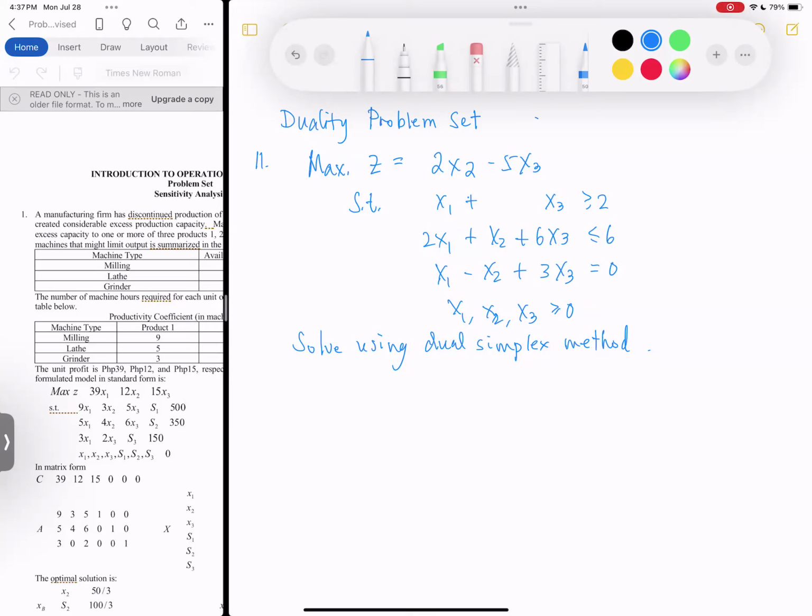Okay, so if I ask you to solve using dual simplex method, what is the first step? Convert all the equations to less than or equal to. Okay, convert all the equations to less than or equal to, right? Okay, so let's do that. So this one becomes x1 plus,